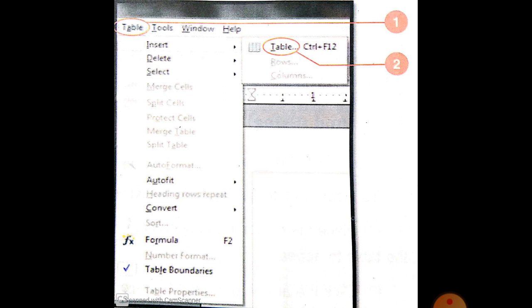Now next, to insert a new table. How can we insert a new table?